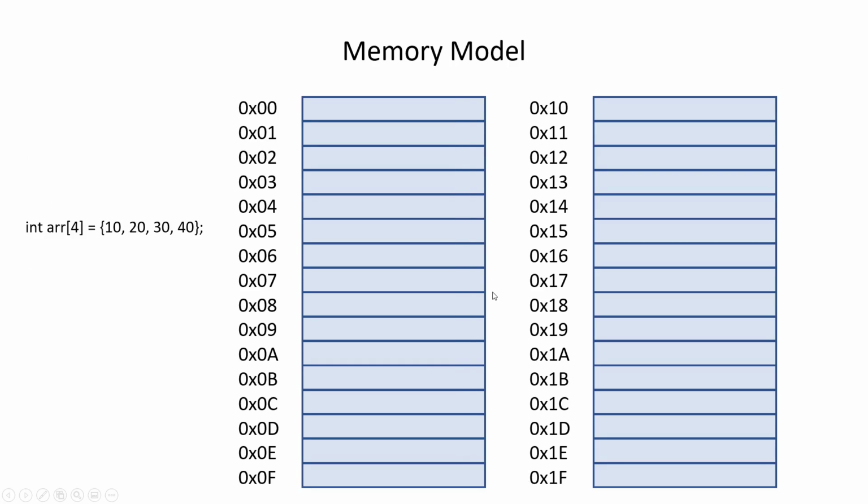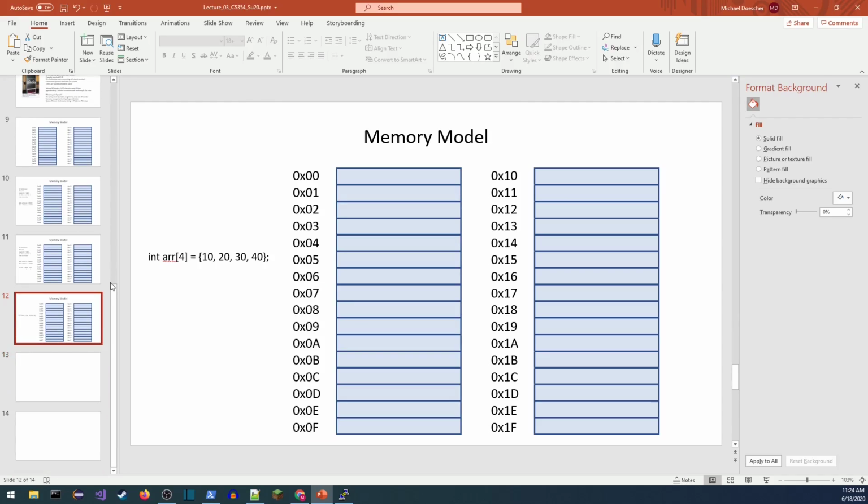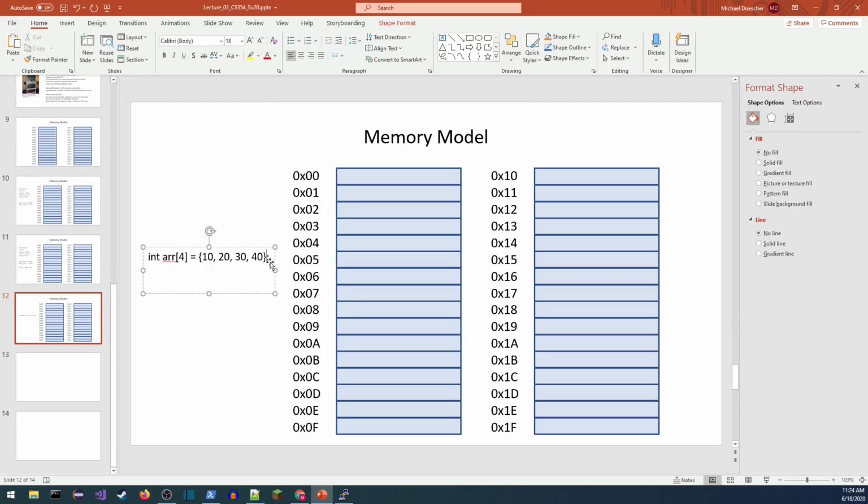In a second, we're going to start talking about arrays in C. Just as a quick example, I've got an integer array with 4 items in it: 10, 20, 30, and 40. So I'm just going to put this into memory. I'm going to switch back over to editing mode so I can do this live. So the first thing,